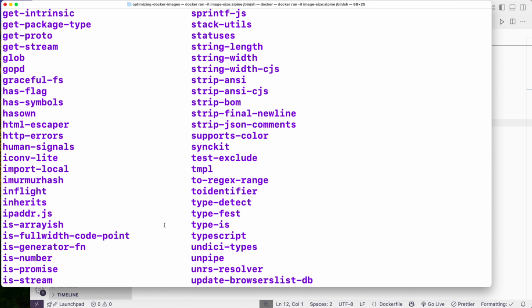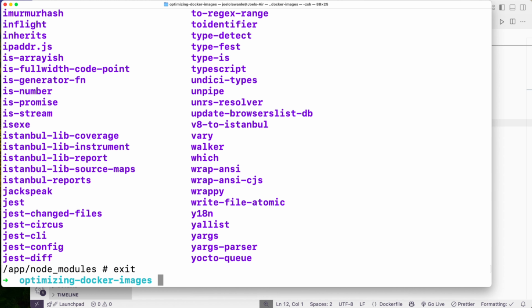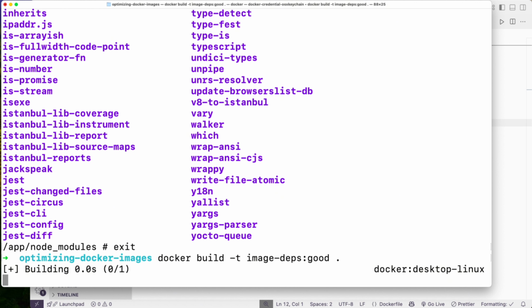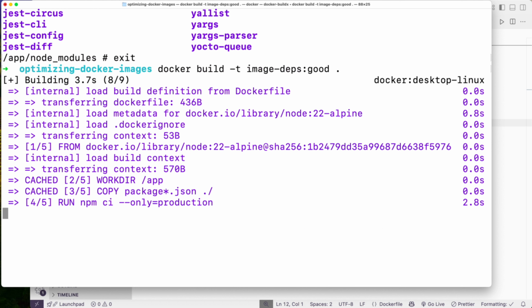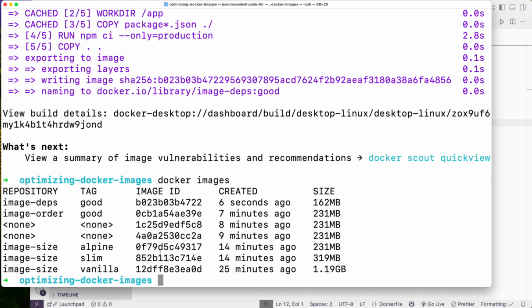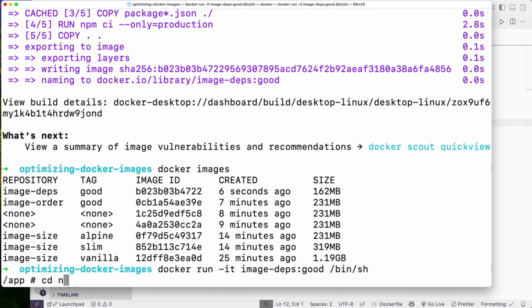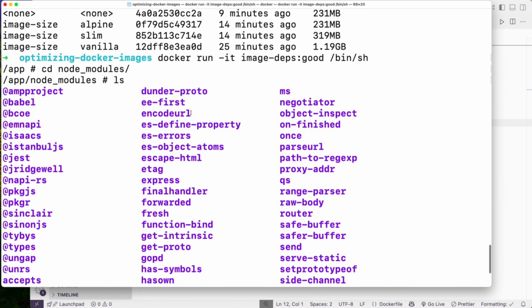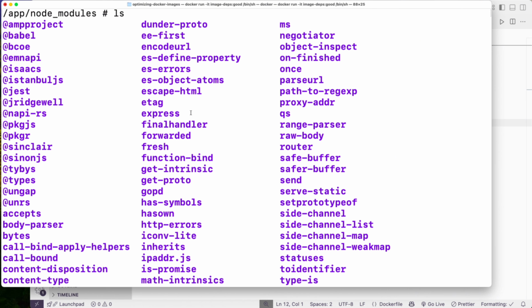Now, when we save this, I'm going to exit this, and then we're just going to build a new image, and let's say image dependencies good. I'm just going to run this. And then if you look here, say we do docker images, we have the image dev good, right? And then we can just open it up. Okay, so cd node_modules, ls, and then if you look here, you notice the amount of packages installed has